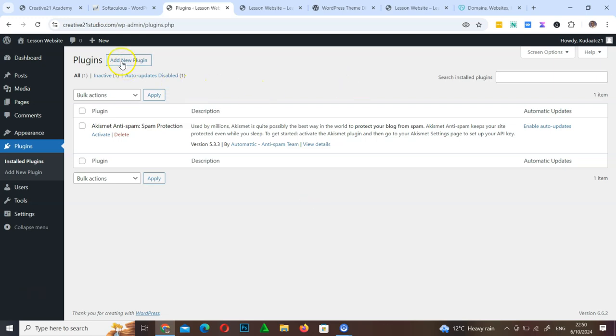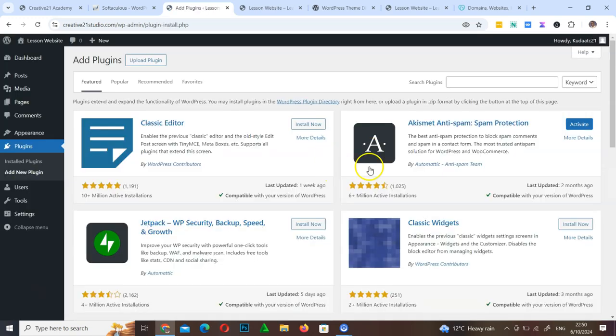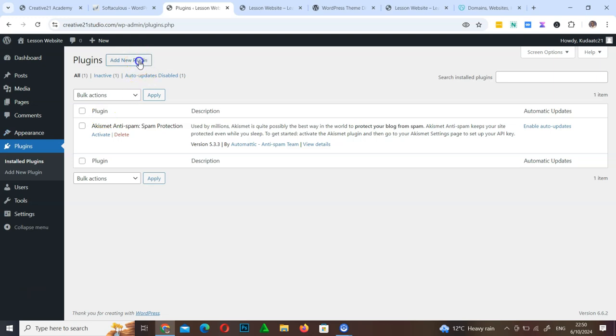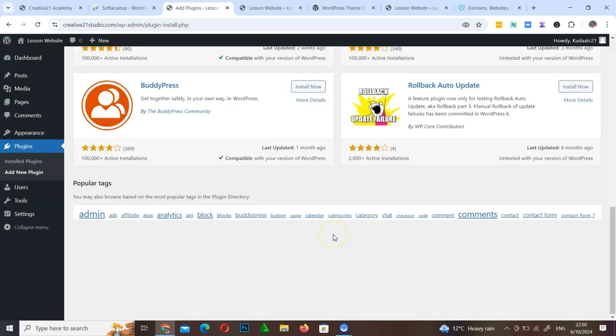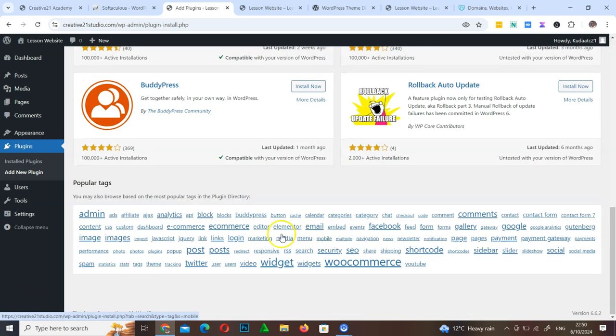So the first one that we're going to be looking at is SEO. SEO means search engine optimization. So what I'm going to do is go on plugins, and I'm going to click on add new plugin. When I click on add new plugin, you're going to see that there are quite a lot of plugins here, and then you can add by